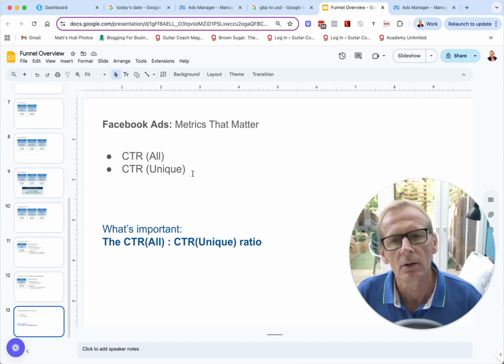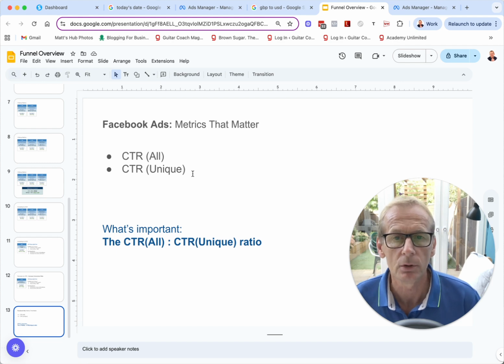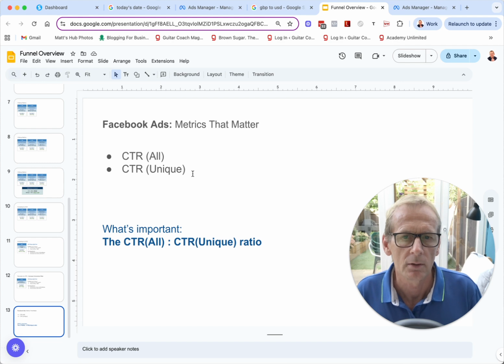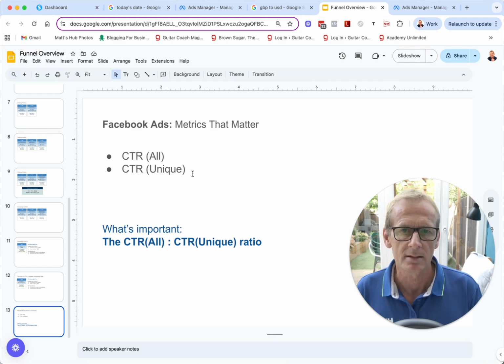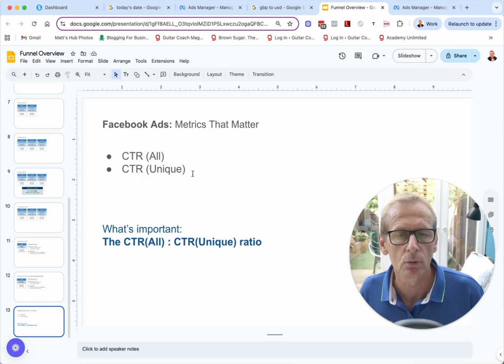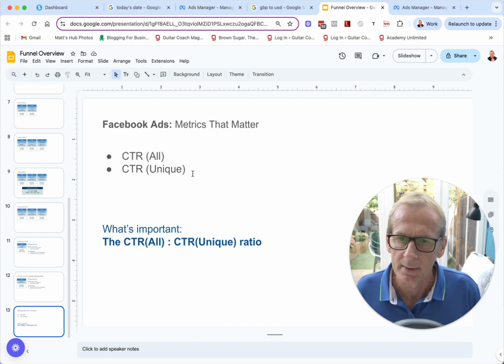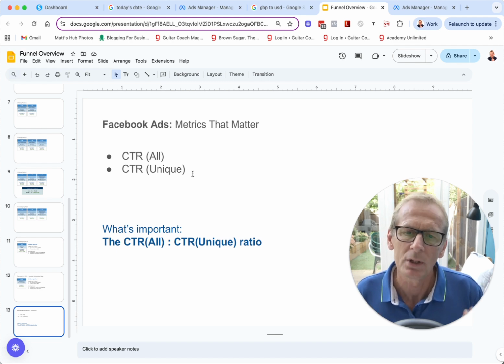And in terms of those particular numbers, CTR All and CTR Unique, they will vary, because some people say, okay, well, what's a good number? What's a good CTR All or CTR Unique? But actually, there are many factors that change those metrics: everything from the size of the audience you're targeting, the campaign objective, to the competitiveness. There's a lot of different things that can alter those numbers,